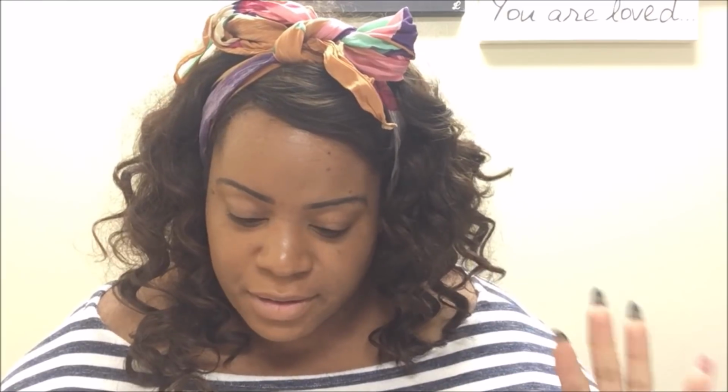Hold on, let's figure this out. Also, I put foundation on my lids. That's just what I've always done, so I don't use a primer. Do we want to do green or do we want to do purple? We're gonna do this lip. Let's do green. Let's do green. Okay, so as a transition color,